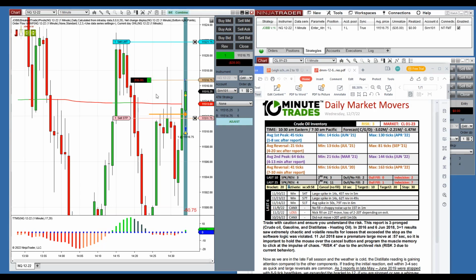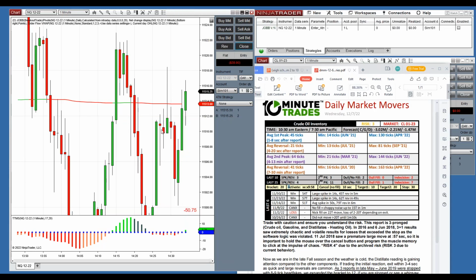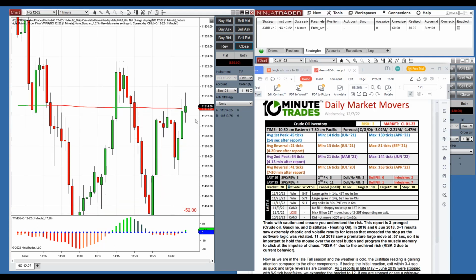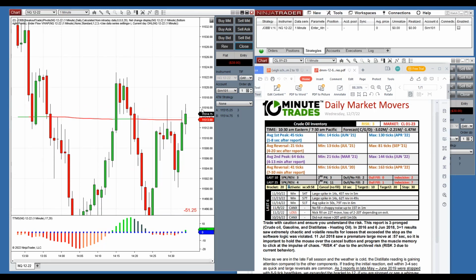Okay. See, it filled me. I wasn't ready. That is how you can use the brackets to test volatility of a market. That will help you in a breakout trade to get an idea how volatile the market is that you're trading. If it's ultra volatile, you might want to increase the bracket size for that particular trade just that one time.